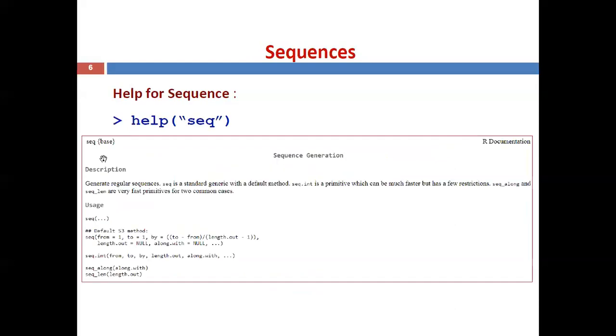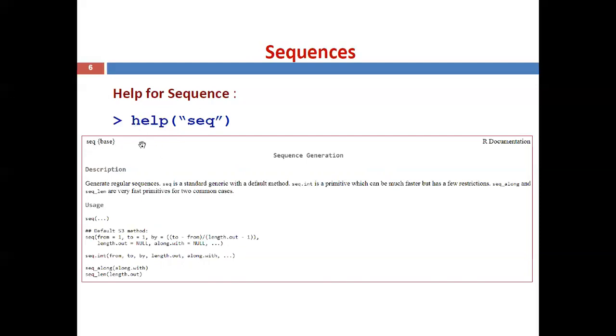Then coming to help for the sequence. Simply type the help command within brackets, within double quotes, seq. Then it directs to the HTML page where the documentation related to sequence is available. This is the output screen obtained whenever you type this command.